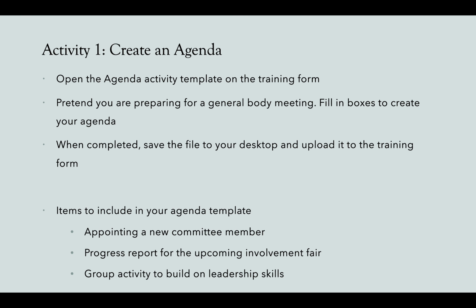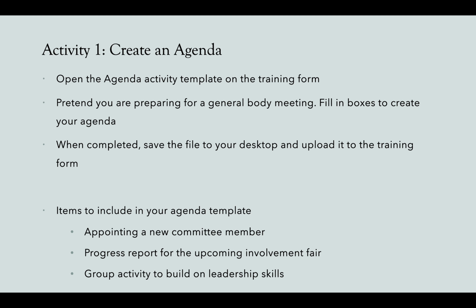We are going to have you do a mock agenda and a mock meeting minutes. So I'm going to describe both of them. You can then pause the video and work on them and then complete the rest of it later. The last page of the presentation, there's nothing required there, but we will have you download the template